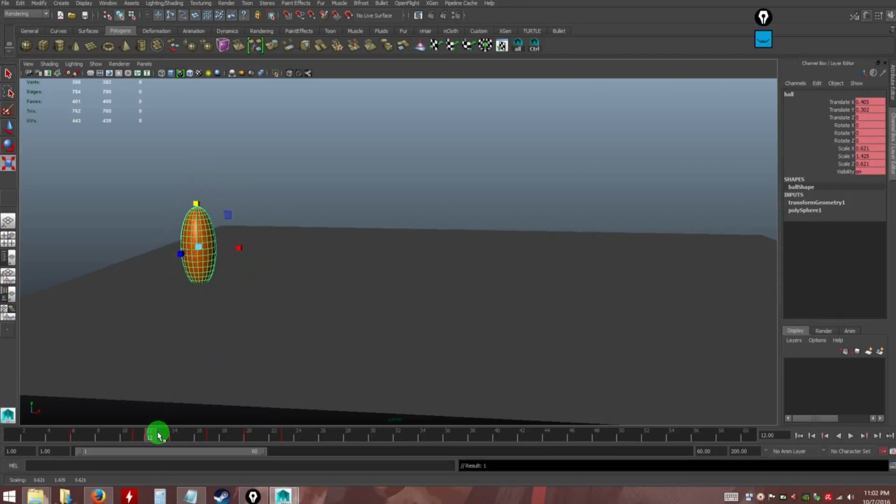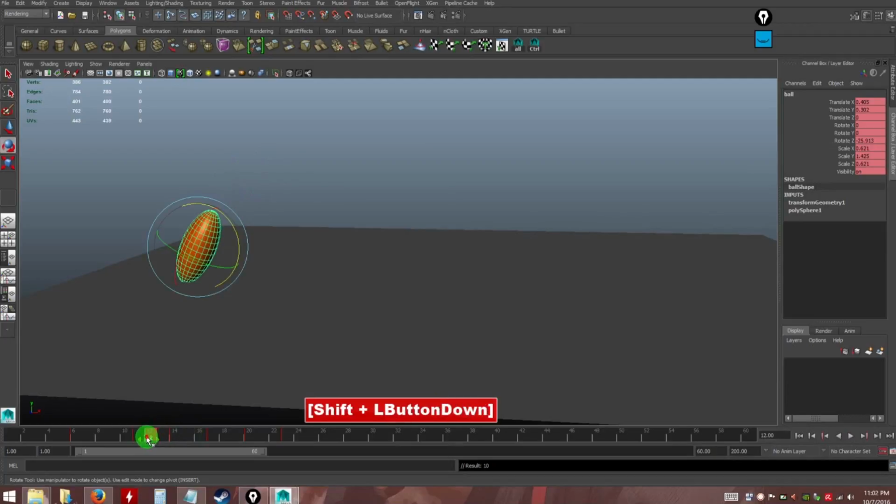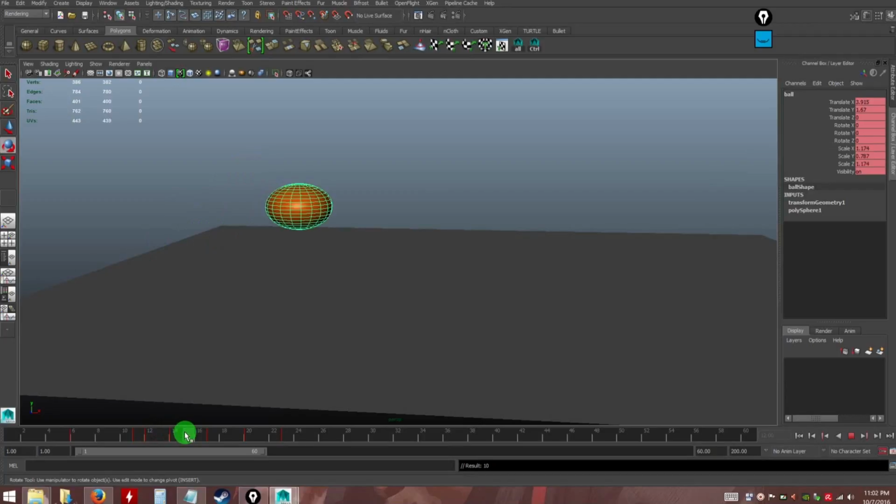This time we're going to use the rotation towards where the ball is going. So don't forget to hit S to put a keyframe. This is the 1, 2 and 3, so this is the third pose. See that? It will jump, and then somewhere, maybe we can move this a bit. I think we don't have enough frames for that. We will adjust that later, don't worry about that. We're just focusing on the pose first. So here